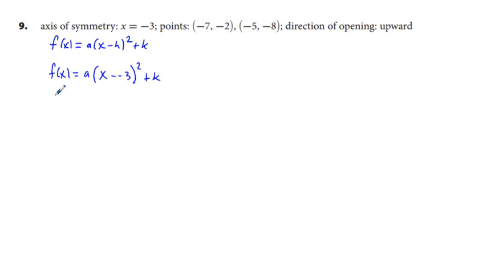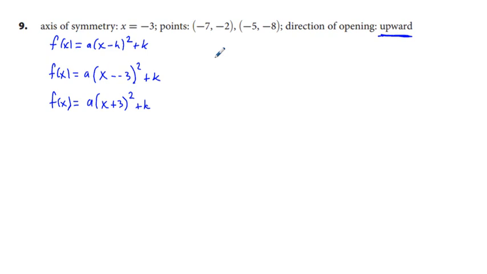And so that simplifies to f of x equals a times quantity x plus 3 squared plus k. And it says direction of opening upward. That means that we should expect to see a as a positive value. But we have two